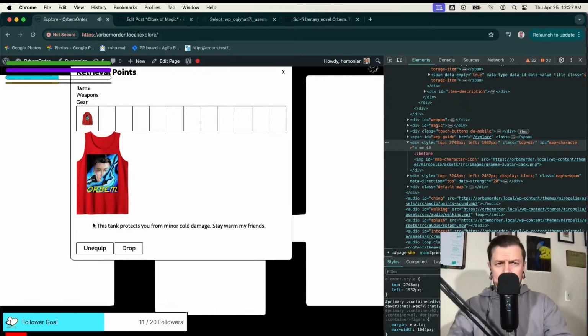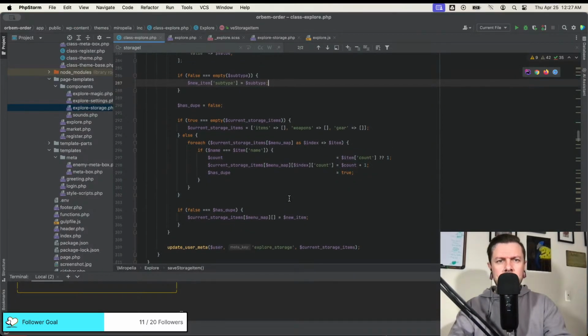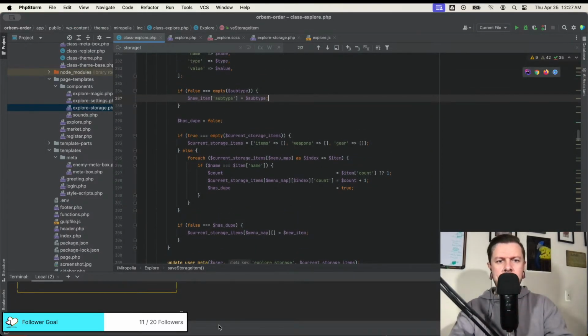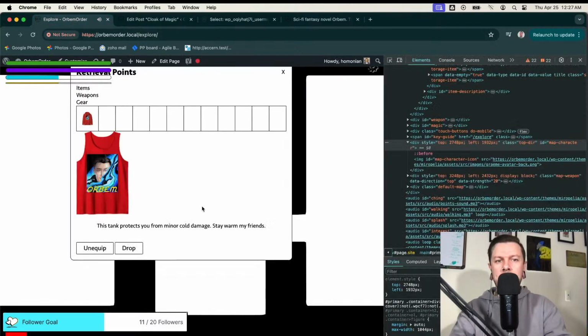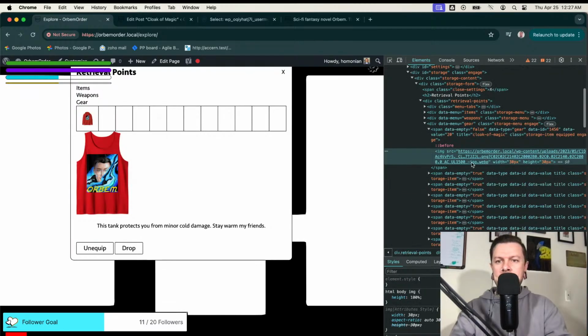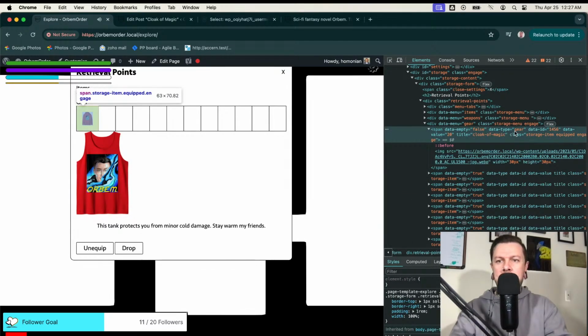And we still need to get equip and unequip working. Because now I'm sending subtype. So now when I store an item, it should also store its subtype. Problem is, I put value type, I put 2. So I need to know mana, but right now I'm just saving gear as a data point on the front end, which you can see right here. You see how I have Cloak of Magic gear. So I need a data subtype too, so I know that it's mana. Otherwise I don't know which thing to do here.